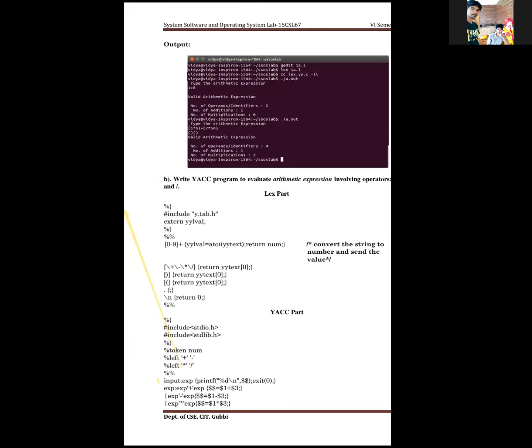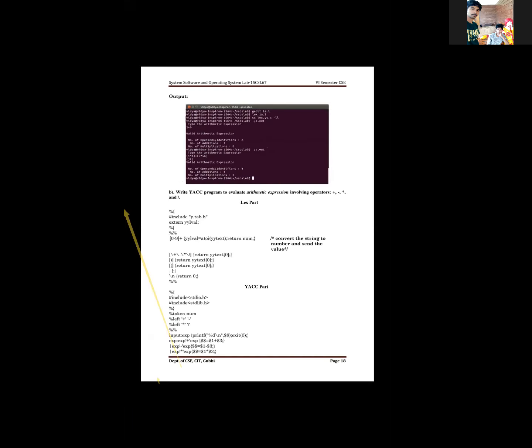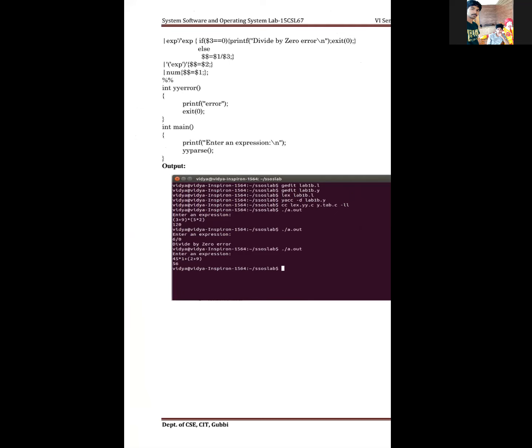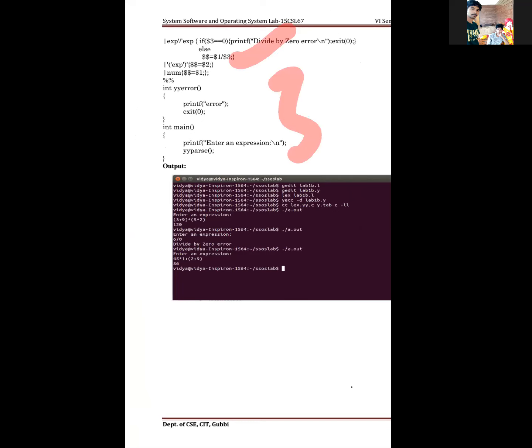Then come to the next part, division and all, everything will be over. Then for expression, any other expression, both are the same. That means we have dollar equals $2, sometimes $3 equals the same value, sometimes $1 equals dollar. We can mention everything. Remaining any errors available in the program: if any errors, printf error, exit 0.